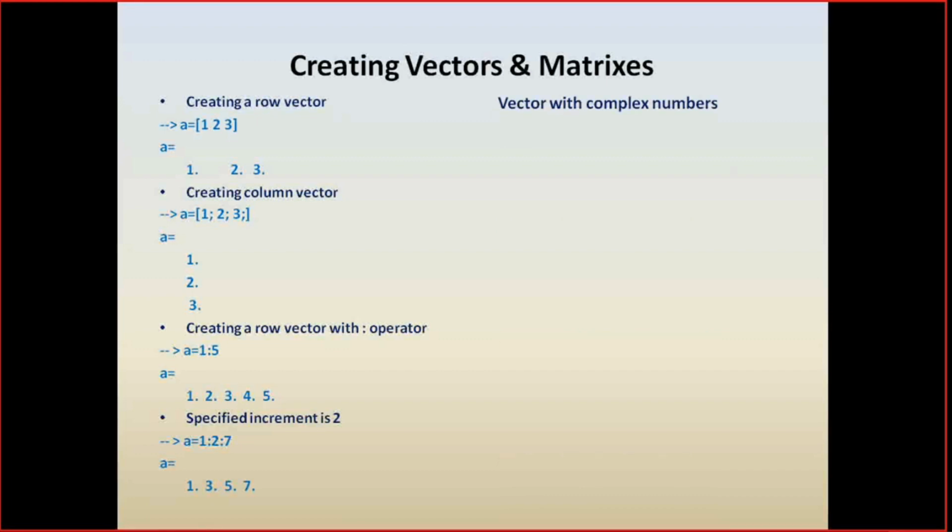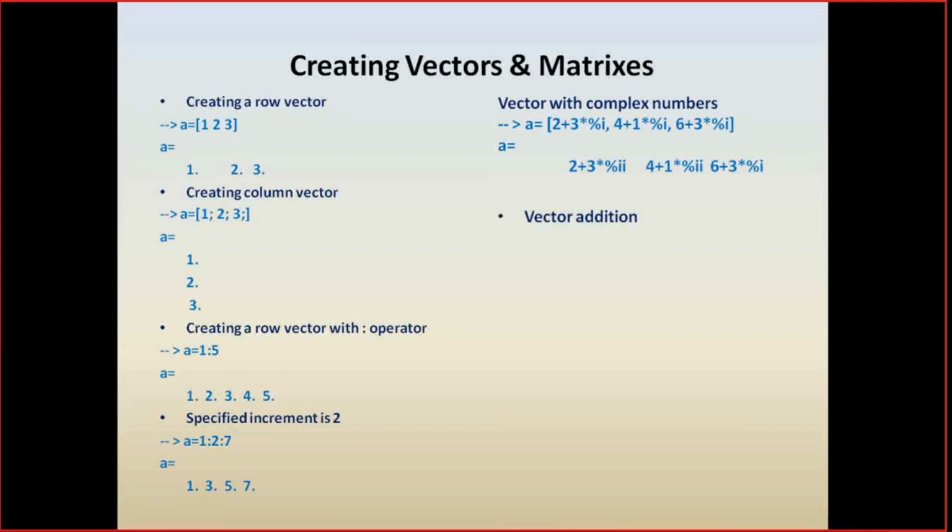Vectors with complex numbers. Normally in power systems, we need to handle complex numbers. So here let's discuss how to handle complex numbers. Now I am forming a vector with complex numbers: A = [2+3*%i, 4+1*%i, 6+3*%i]. Now I get a vector with complex variables: 2+3i, 4+1i, 6+3i.